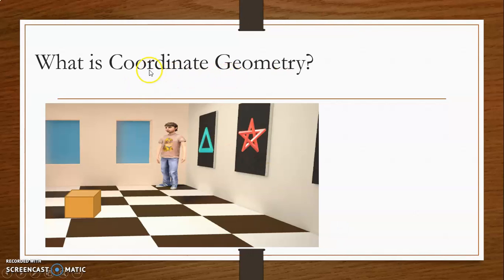So coordinate geometry contains the word geometry. So it is easy to say that coordinate geometry is a type of geometry only. Now this word geometry again contains two words, that is geo and metry. This word geo means the earth, or related to the geographic areas and things over the earth.